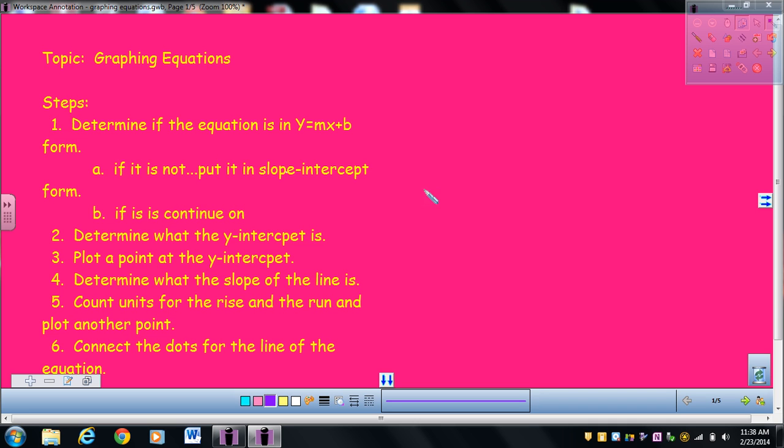We're going to learn how to graph equations today, and we're going to use all of our prior knowledge about slope-intercept form, slope being m and b being the y-intercept, to graph equations. So what's going to happen is they're going to give us an equation, for example, y equals 3x